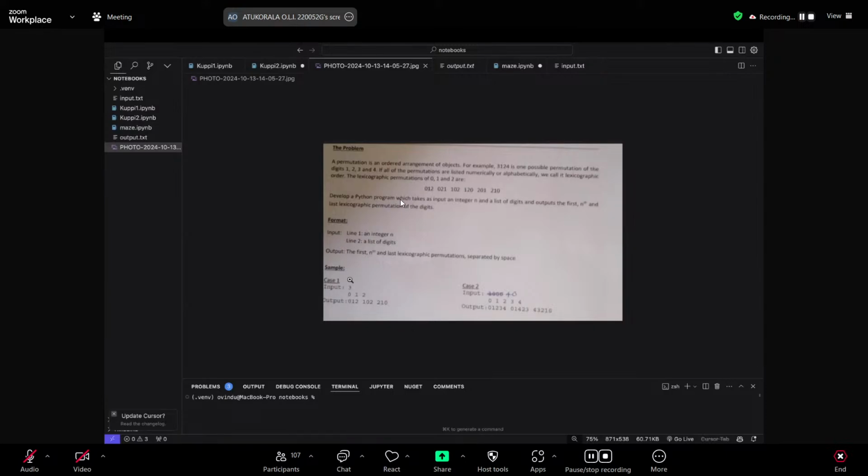So for example, let's take 3. When you take input 3, this would be the first one. Then the second one would be 0 to 1. And the third one, once your 0 has been exhausted here, we have to take 1 forward. So the third one would be 0, 1, 1, 0, 2.